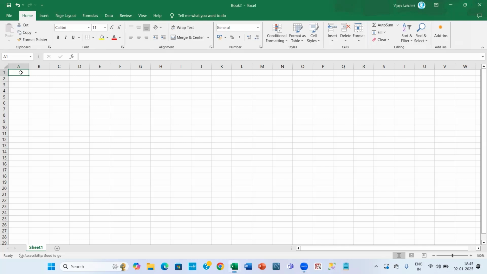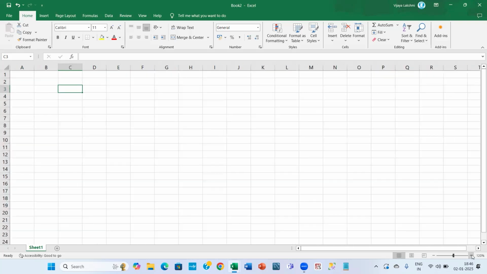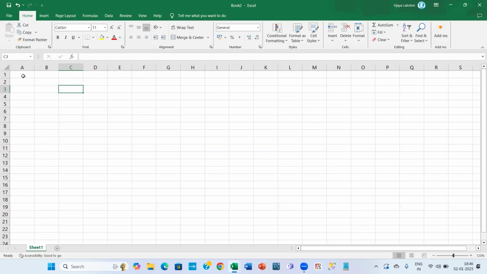Next, each Excel file comes with a single sheet, but we can add more sheets to our Excel file. Each spreadsheet is made up of rows and columns. Horizontal lines are called rows, vertical lines are called columns. Each block is called a cell, and the gray border lines are called grid lines. Now, let me show you how to enter the data into the Excel file.